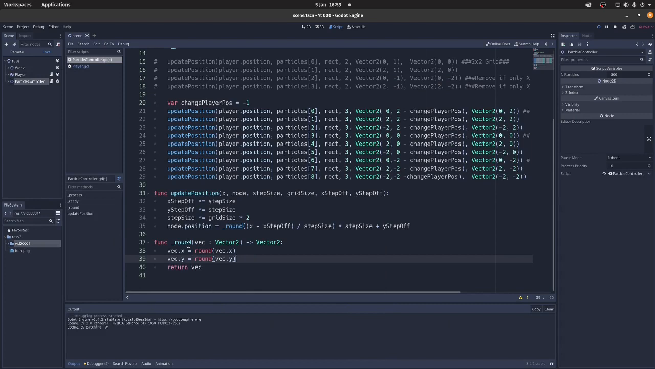So there is no rounding function for vectors, so I just made one, very simple. Please name them better. And then you can use it here. We have to do this calculation on a vector, or we could also do it in 2 steps like in here. But we have to calculate both x and y, because the node